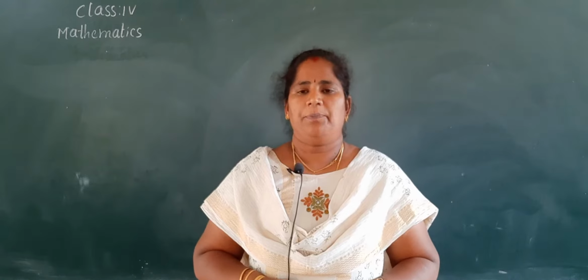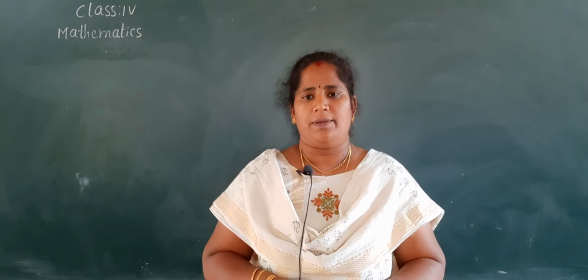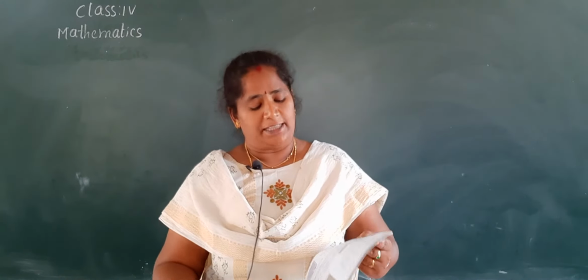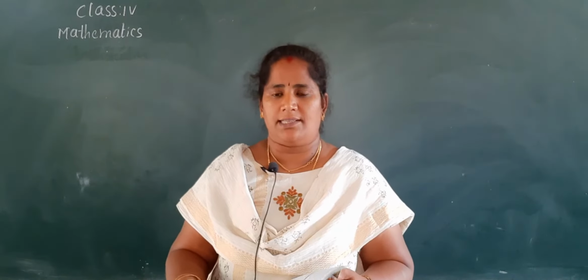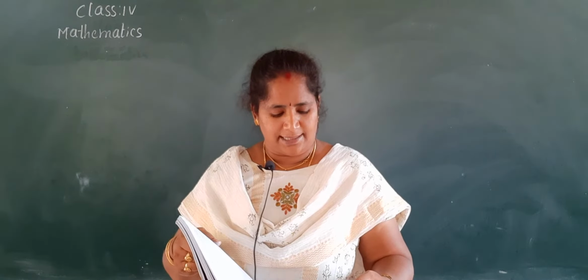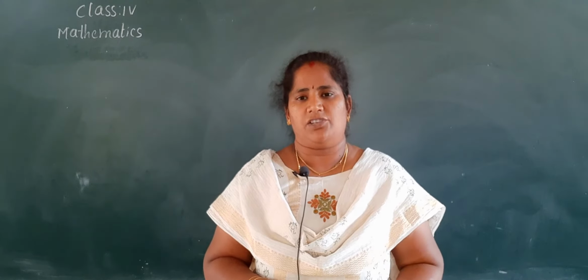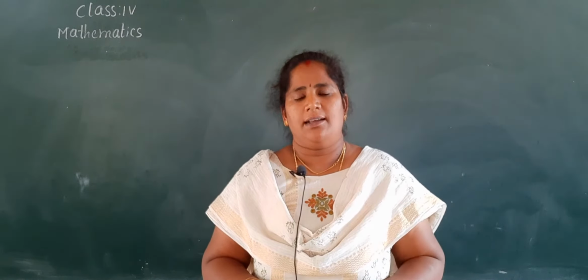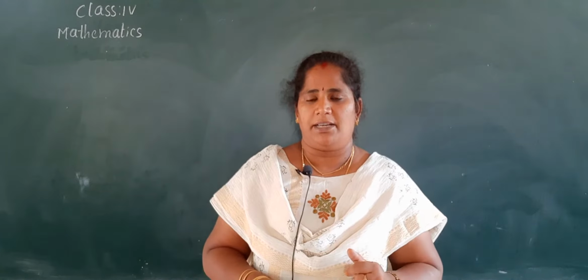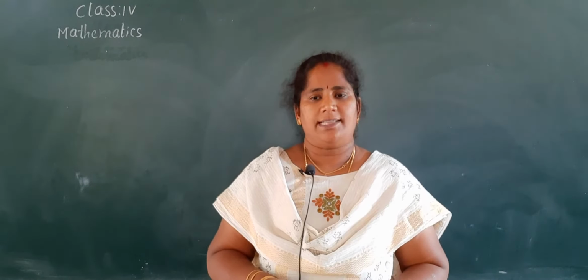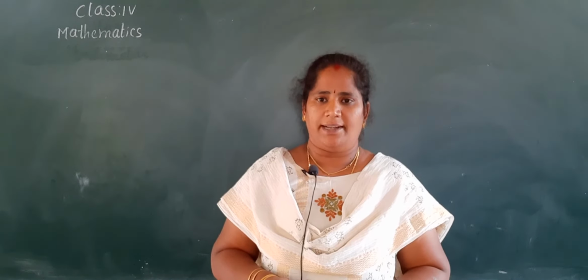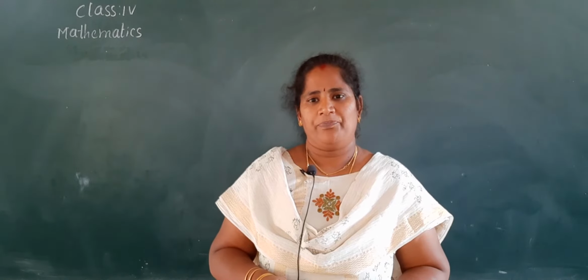In the previous class I gave two methods of multiplication, exercise 3C. We completed that exercise and learned how to do multiplication in two methods. One is the column method, which is the standard method for multiplication, and the second one is the lattice method. Did you all practice it?